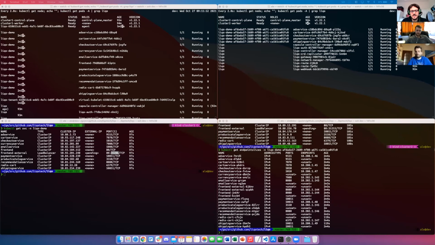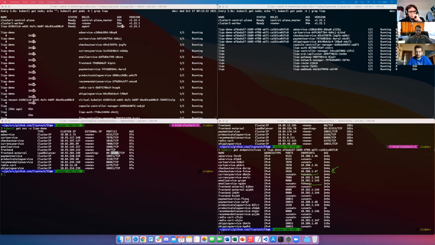Lico takes care of the endpoint slices in order to have all the pods on all the clusters that compose the application listed here and reachable here. For example, we have some endpoints which are local because they have an address 10.200 and something. And we also have endpoints from the other cluster, which are 10.202 and so on.